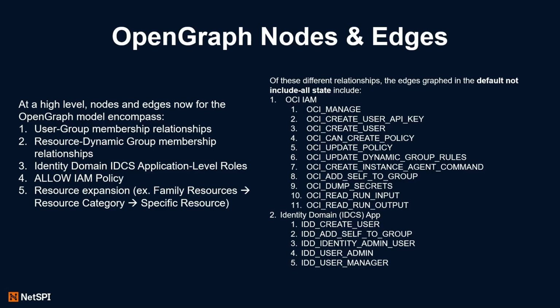It supports all those different edges. I will say in its default state, the OpenGraph module will only graph things that are related to privilege escalation. So if you have read access over a bucket, it's not going to graph that, because by default, we only care about privilege escalations or lateral movement or things like that. As we'll see shortly, though, there is a flag if you want to turn that on and see everything, and you do want to see read access over buckets or anything like that. But by default, it just focuses on group membership type stuff and privilege escalation.